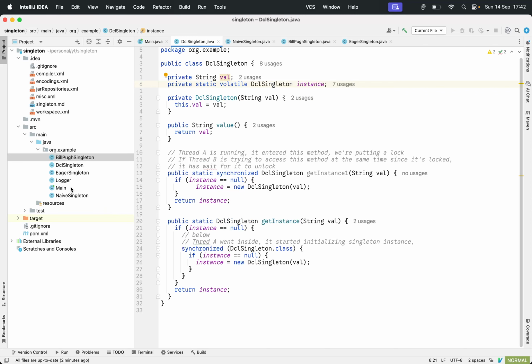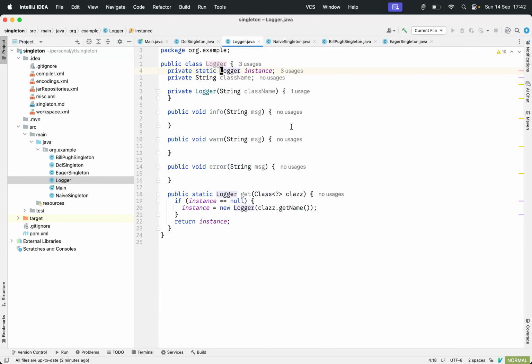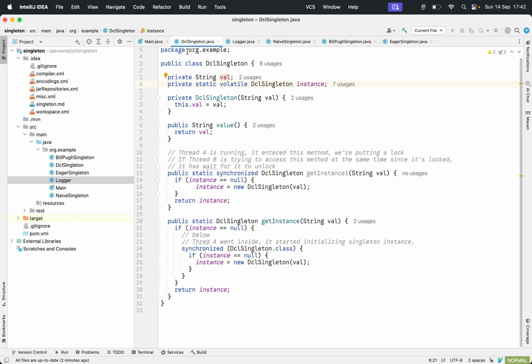I did try to implement this logger class in a singleton style, but ended up learning that it also needs some factory implementation because I wanted to give the package level and the class name at the time of initialization. So I will do another video explaining factory pattern and logging implementation, and I will also try to use the singleton in a real world.